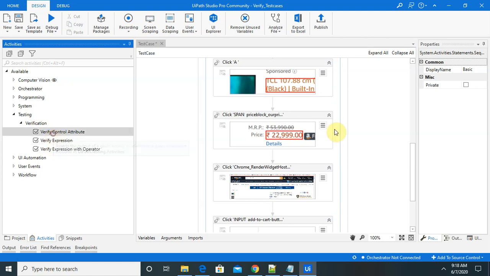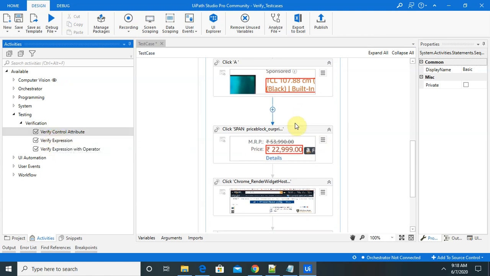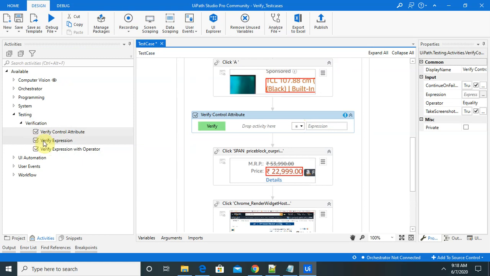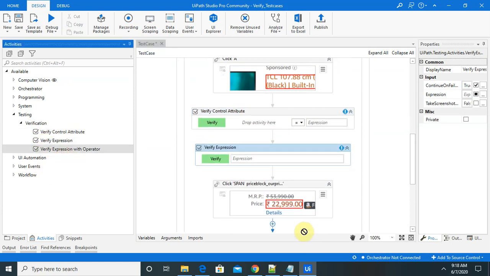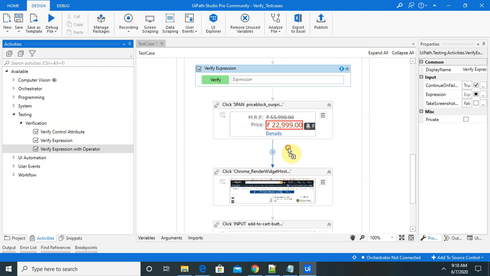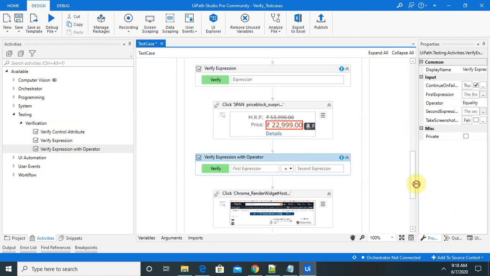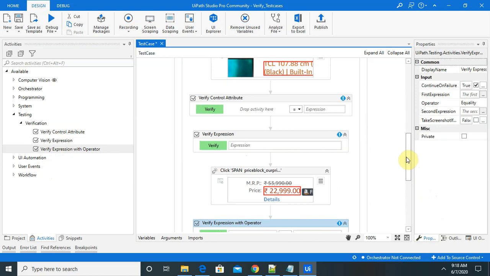Let me show you all three. This activity you can use for verification of any intermediate activities or for your sequence. Different operators are involved, and you can use them.